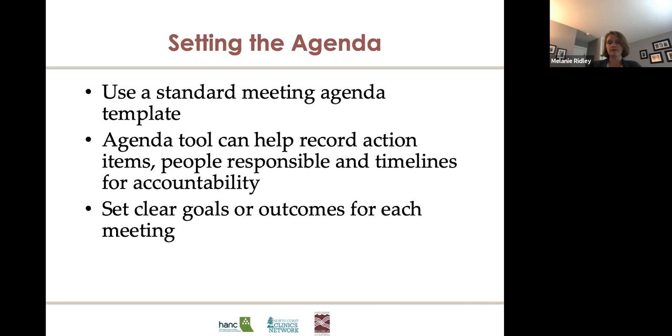As we heard you all say, it's really important to set that agenda in advance. You might want to collect agenda items from your team well in advance of the meeting in case there are things that are coming up that need to be addressed that you may not be aware of as the project manager. And you want to think about how much time you're going to need for each agenda item, making sure you can accomplish everything in the time you have allowed, and ordering those agenda items.